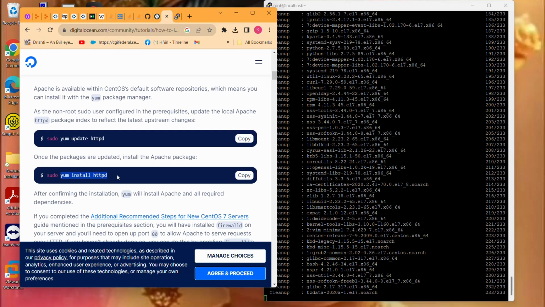Update does the update of the packages, internal packages, whatever new version of the packages there are. Upgrade actually upgrades the operating system version itself. You will find the kernel versions will change. Everything will change.